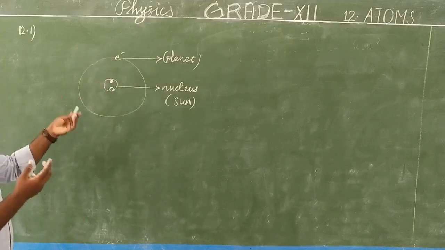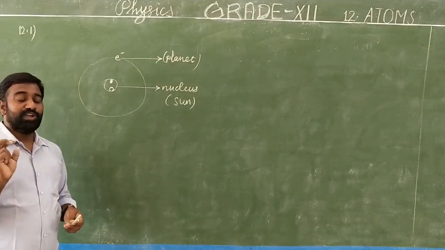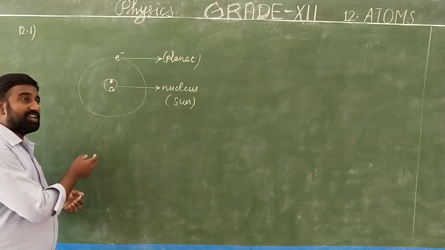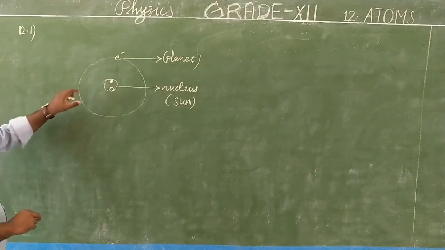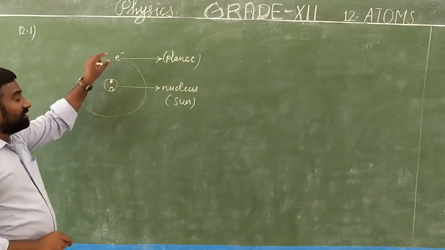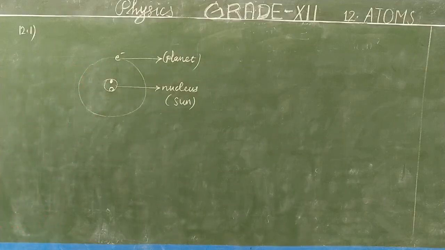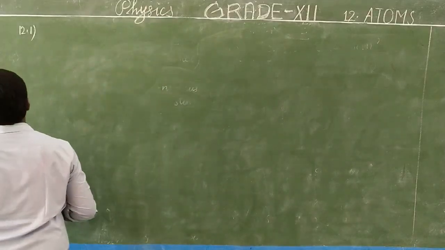Based on these analogies and comparisons, we are going to predict whether the Earth around the Sun follows a closer orbit or one far away from it. With respect to this nuclear model, does the Earth follow a closer orbit or one far away from it? That we are going to prove. So this is the question. For the solution,